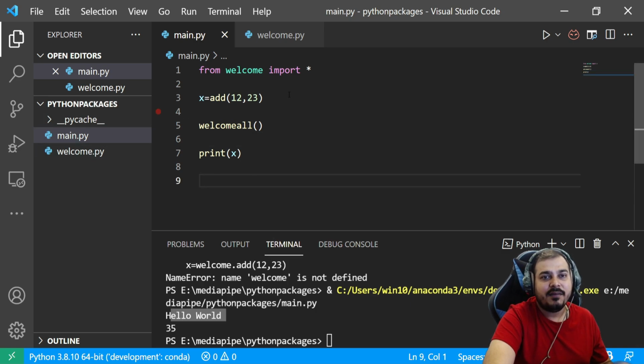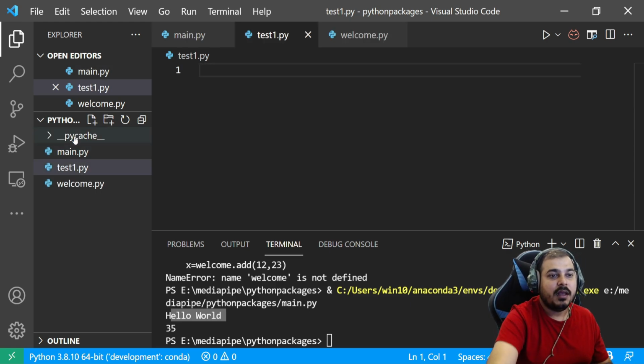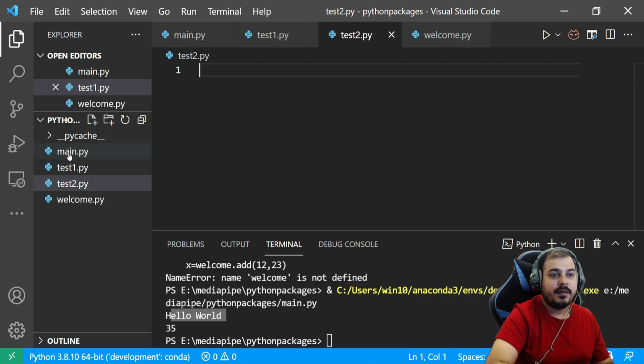Perfect. So you have seen how different ways we can import it. Okay. Now let's see why specifically we give an alias. Let's create two more files. Suppose I create a file called test1.py, and probably I create another file called test2.py.